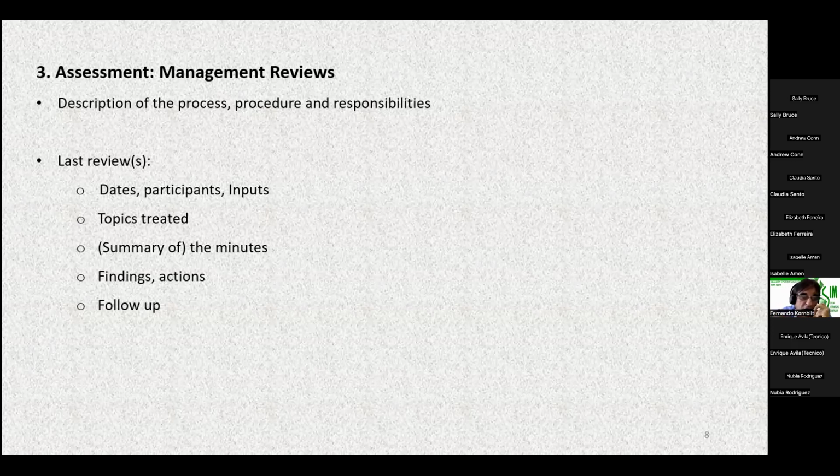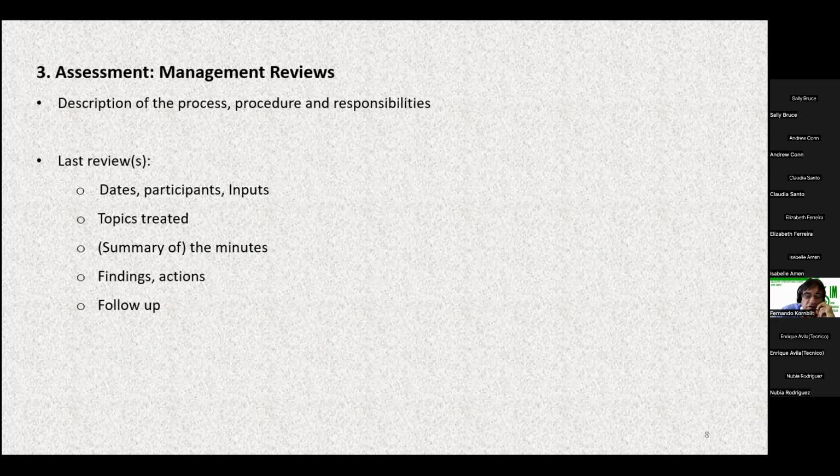This is a requirement that you need to have frequently, once a year, or any other frequency. The system needs to be reviewed by the institute's management. Some institutes hold a review meeting once or twice a year. Others have shorter meetings once a month. Everybody chooses the frequency, but the idea is to show what the process is behind management reviews and the information